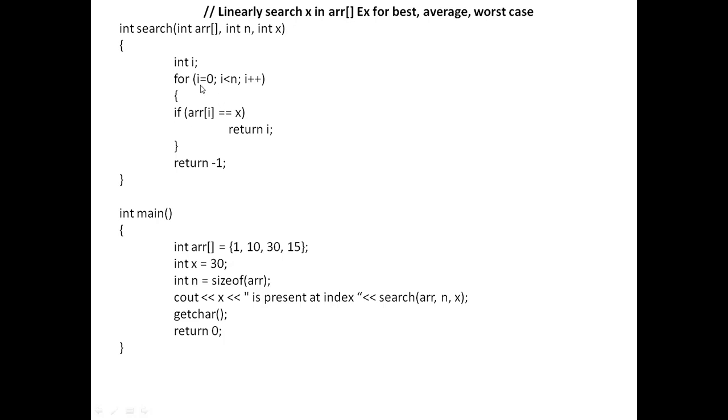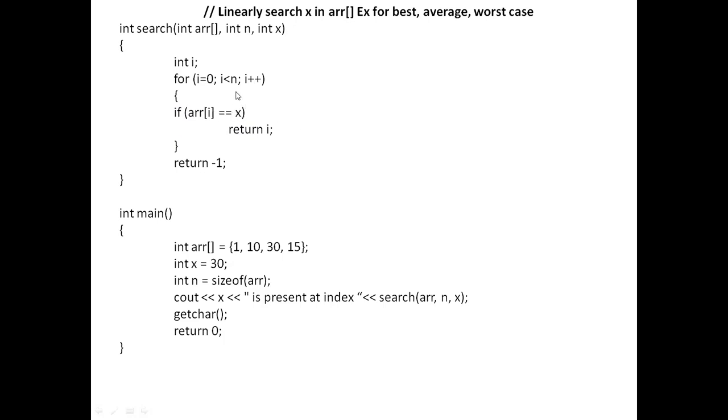Starting from the 0th index, if ARR of 0 is equal to X, then I have found the value. Otherwise, I increment the loop by 1, then I search ARR of 1 and check whether the value in ARR of 1 is equal to X. Like this, the loop continues until it terminates.